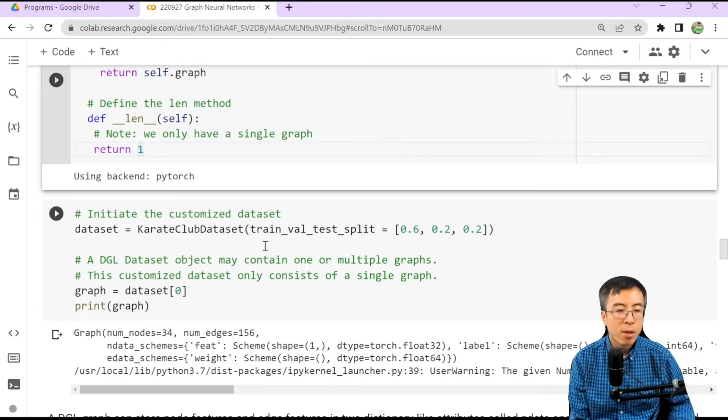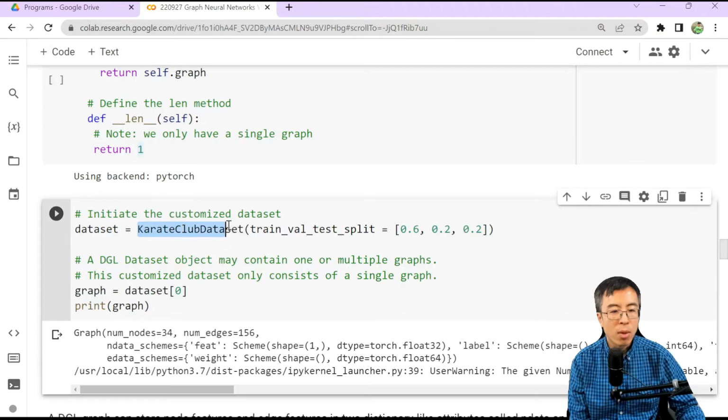After we define the customized DGL dataset, we can initiate the customized dataset by just calling the Karate Club dataset name and then provide the preferable split of the train, validation, and test set. So here we split 60% of data to the train set and another 20% to the validation set, and finally the remaining 20% to the test set.